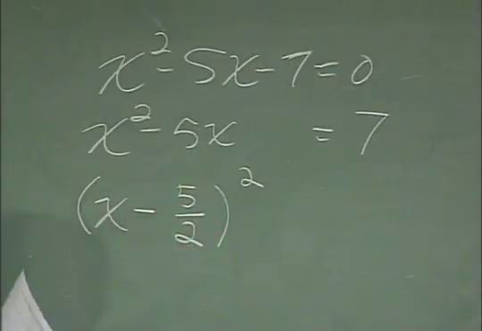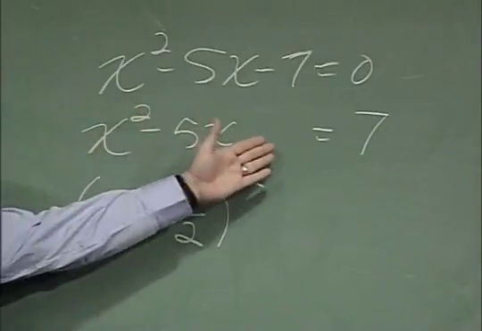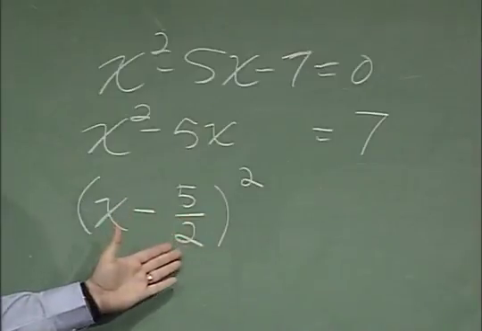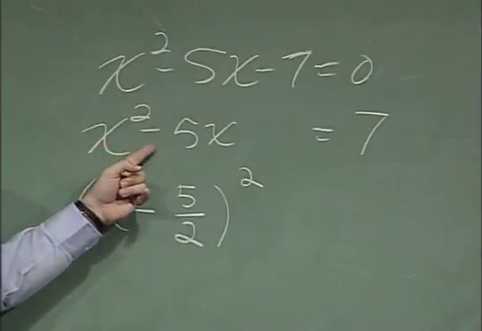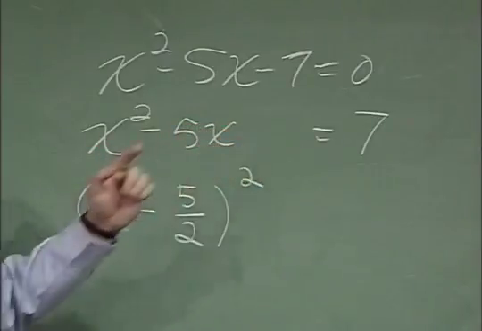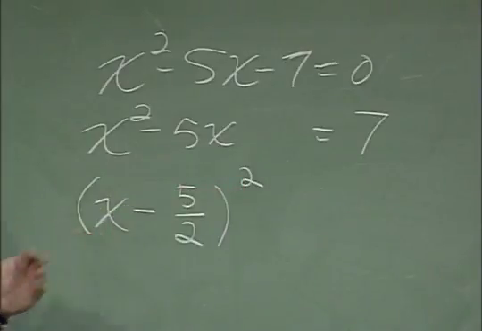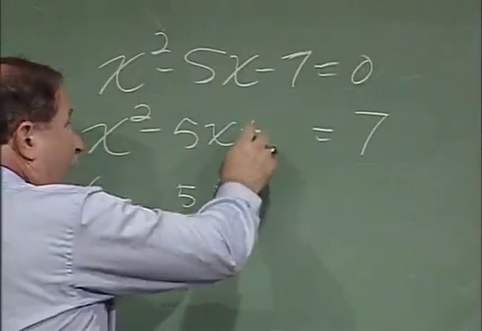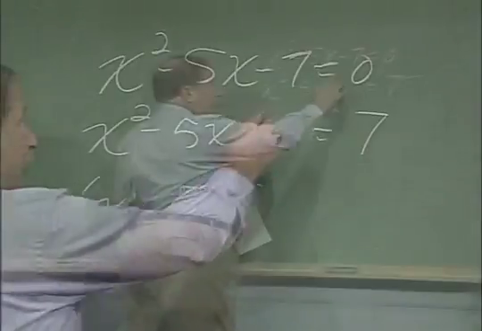So when I write this as a perfect square, I'm going to need to add the term that is the final term in x minus 5 halves squared. Because x minus 5 halves squared is going to be x squared, this is going to be minus 5x, and then, of course, plus this number. Why plus? Because even though this is negative, when I square it, I get a plus. And what is 5 halves squared? Well, to square a fraction, you multiply the top and the bottom by itself. So I get 25